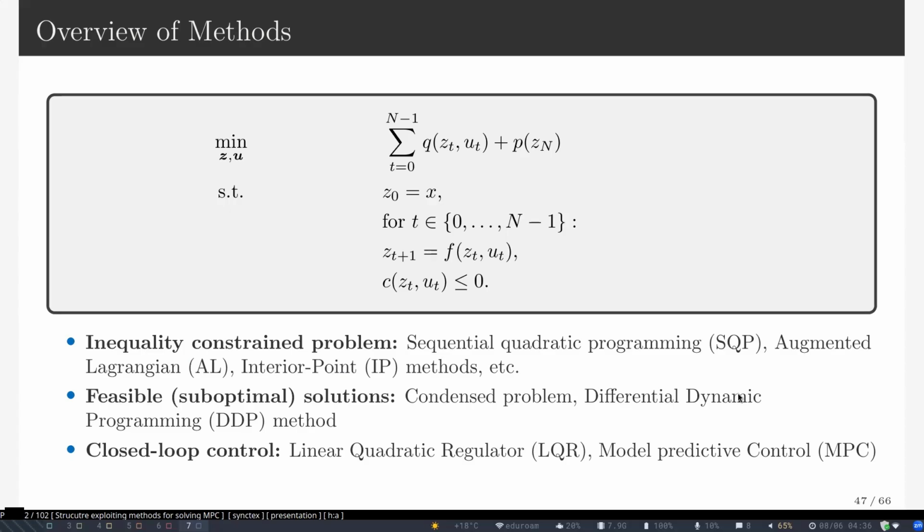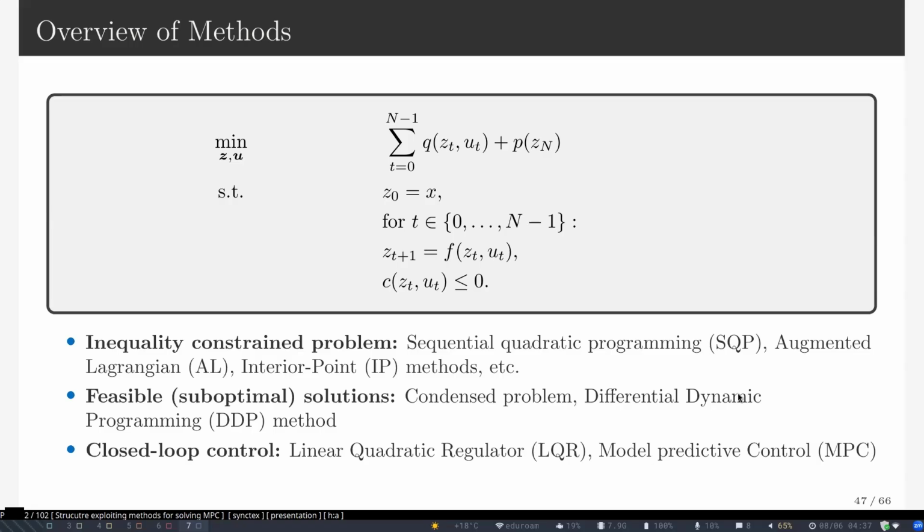I know my solutions that come out should be consistent with the dynamical system. And that's where these equality constraints really come from, not from the behavior of the dynamical system. So when I talk about them being feasible, I want my solutions to be consistent with the dynamics of the problem. That's what I mean by dynamically feasible.